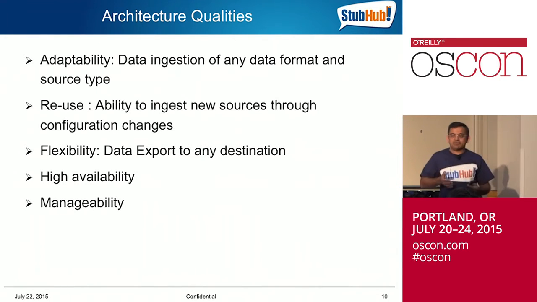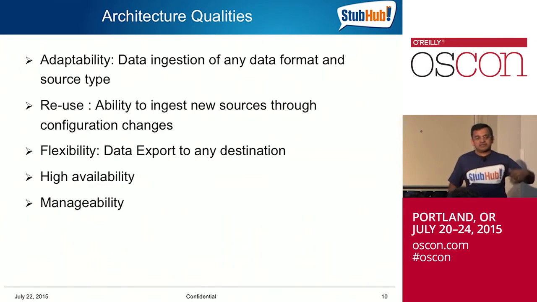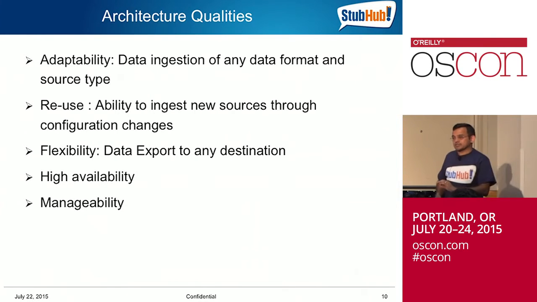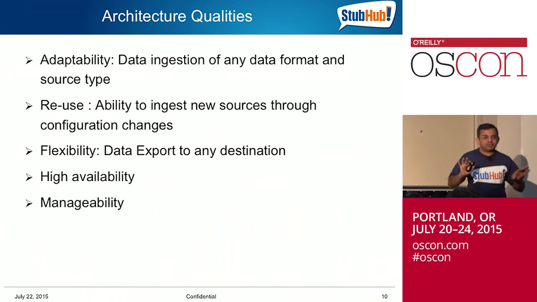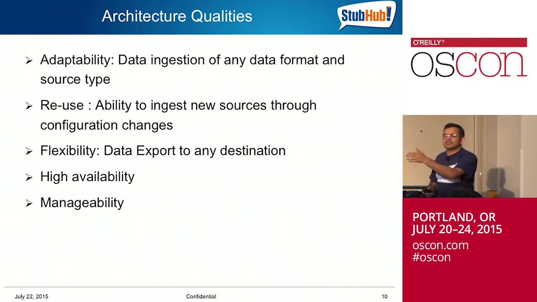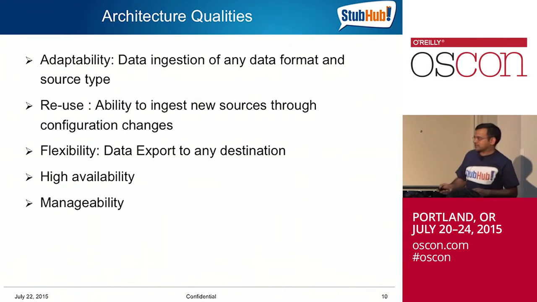Some of the sources, as they're coming in, you just want to put in HDFS and define a Hive schema. Some of the sources you might want to ingest into HBase, based on what your use case is, right? And the ability to flexibly publish the data as it's coming in to different destinations. How do we do that, right? That's one of the key things.